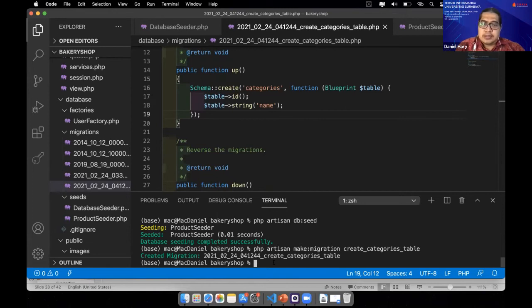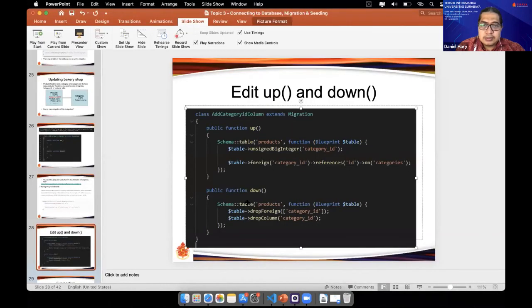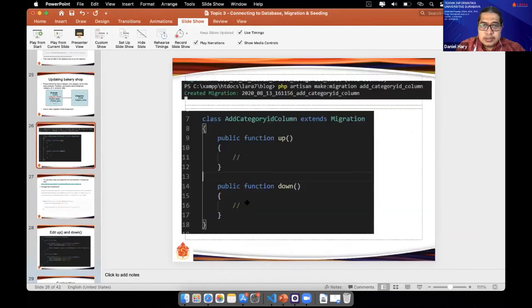Okay, next, create again. PHP artisan make:migration for the relation. This one, add category ID column. For the relation, we do not use create again for the name, but add category ID column.